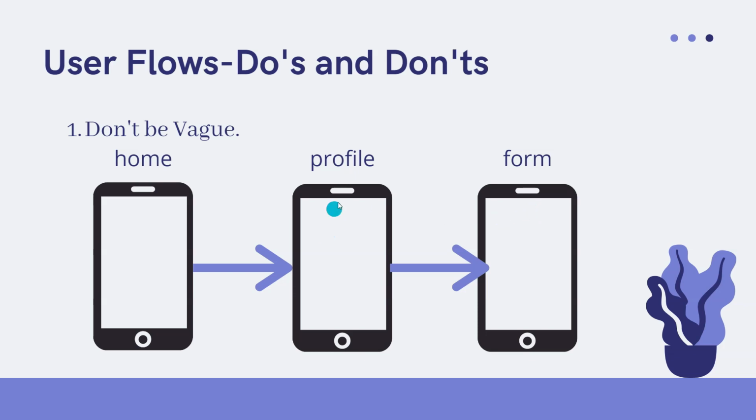I don't know from where he gets the profile, and I don't know from where he gets to fill this form, and I don't know what happens next. So it's very important that you do not be vague with your user flows. You need to be really specific. You need to describe properly and clearly what is going to happen at each and every step,